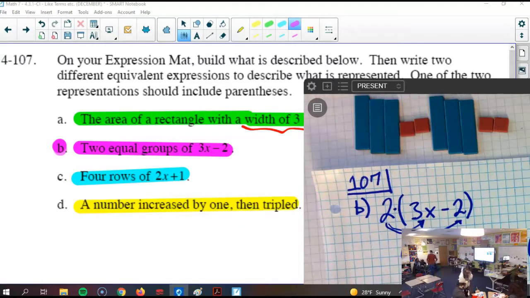So if we have 4 rows of 4 rows of 4 rows of